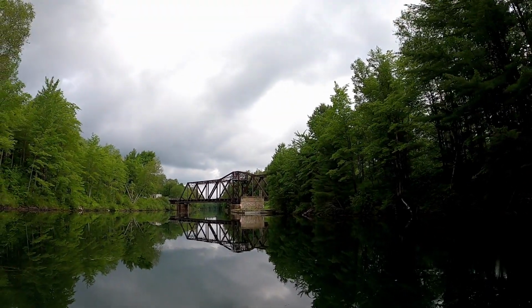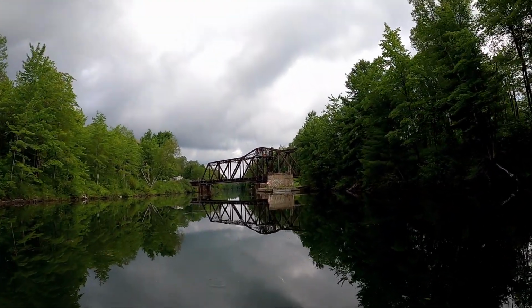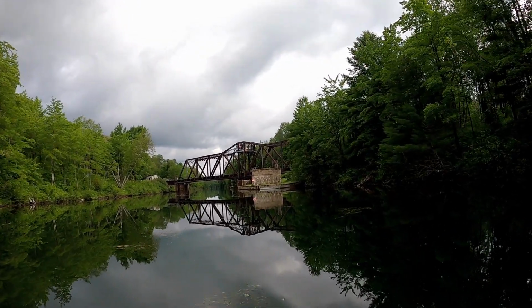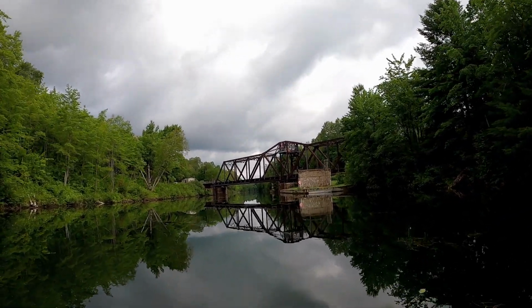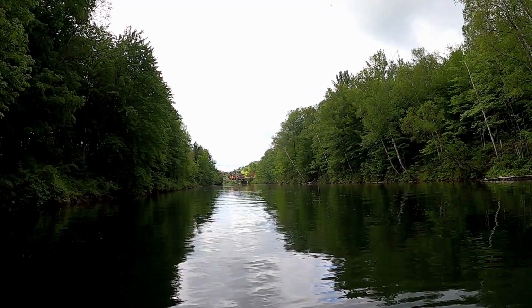So in front of us over here, we have the CN Rail Swing Bridge. When the bigger boats come through here, they need to stop, wait for the bridge to open, and then they can pass through. You have the little house or hut, office, shack, whatever you want to call it, on top there, where you get the workers. I don't know if they'd be called a lock master, because it's not really a lock, but you get the workers up there that see the ships coming and open this thing up. I don't know if you guys can see it over there, but there's the train